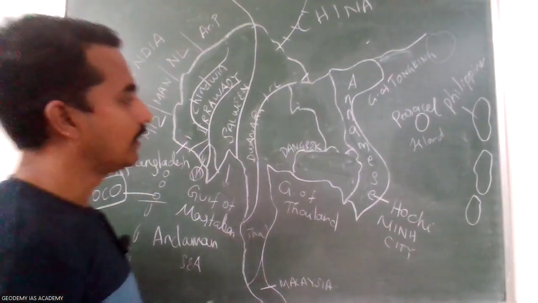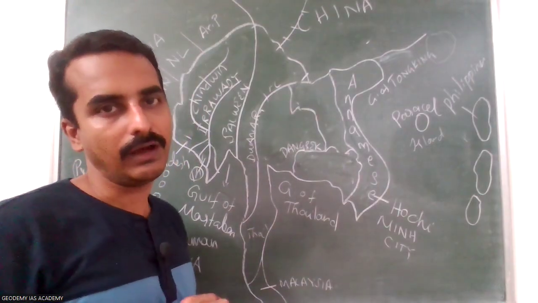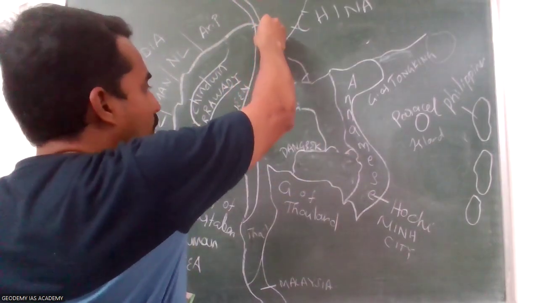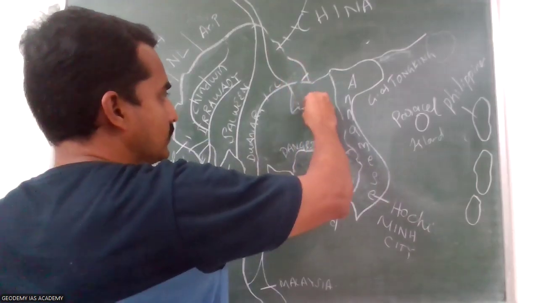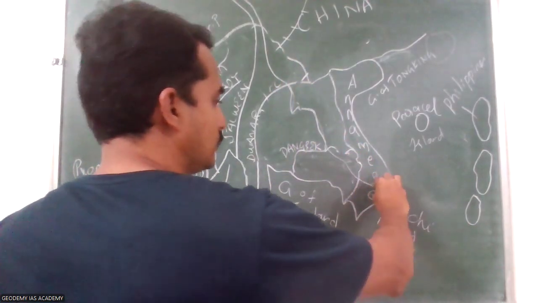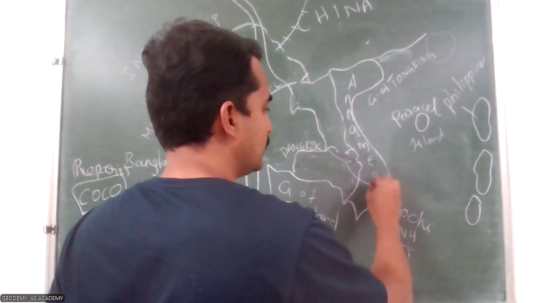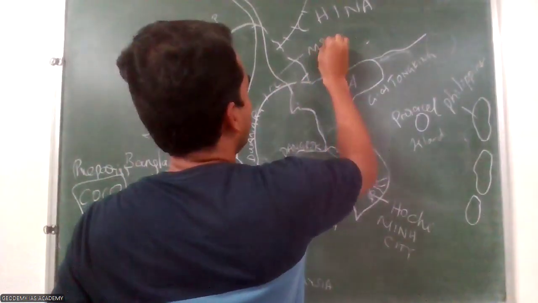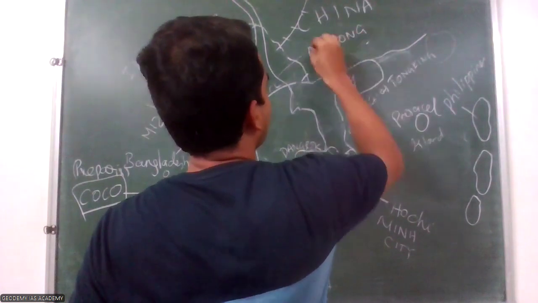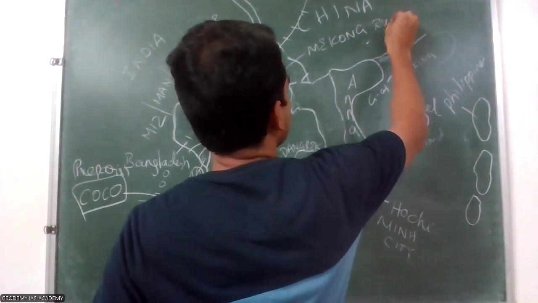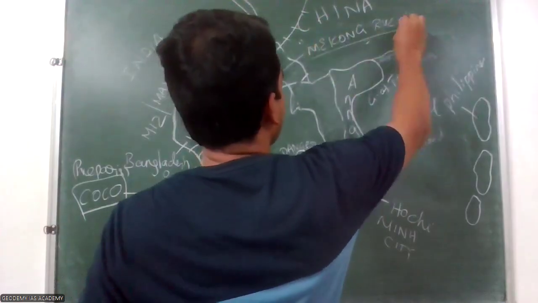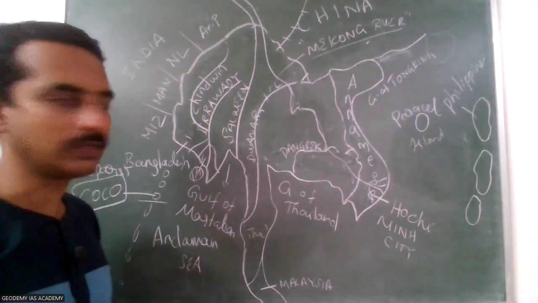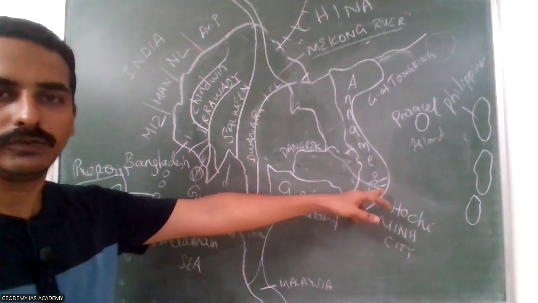And then the most important river of the Indo-China Peninsula and the longest system of the Himalayan rivers originates in Tibet, flows in all countries of the Indo-China Peninsula region and empties into the South China Sea in Vietnam. That is the Mekong River. Mekong River, Mahaganga River actually. In history, it is called Mahaganga. It has become Mekong. Mekong River flows in all countries of the Indo-China Peninsula and empties at the Vietnam littoral border.